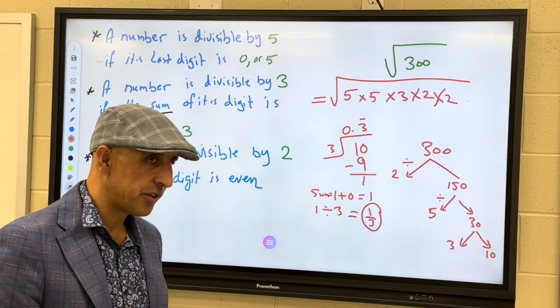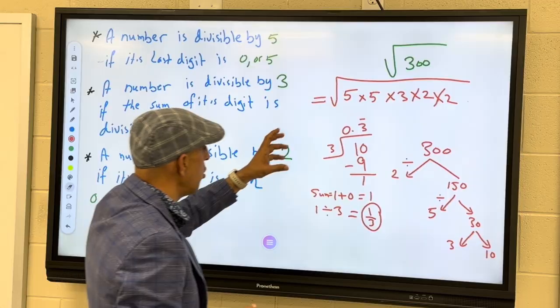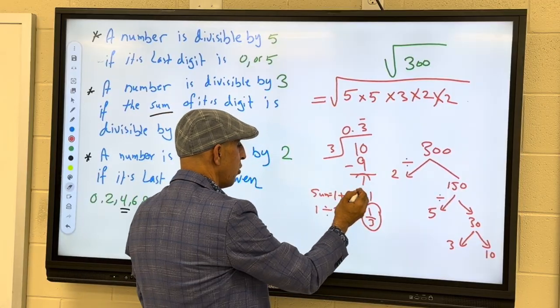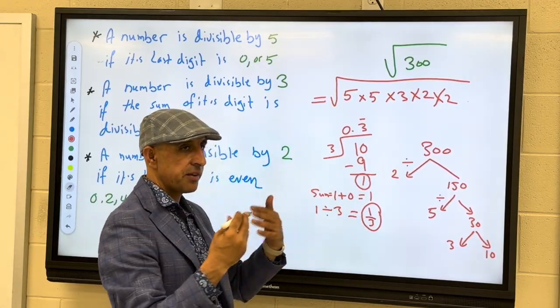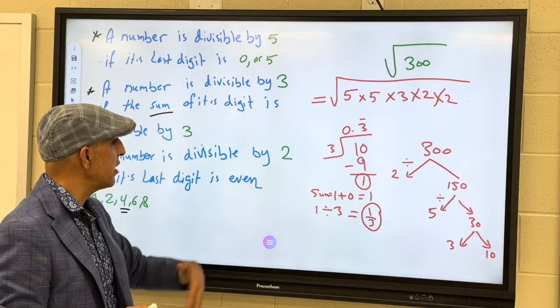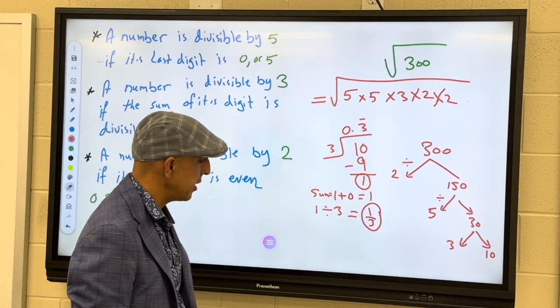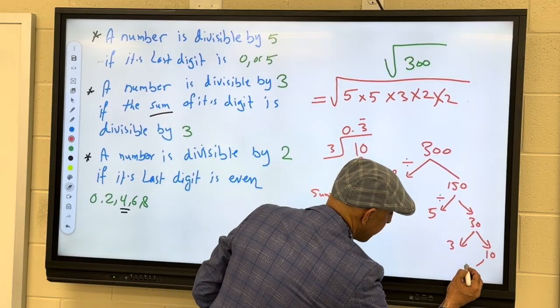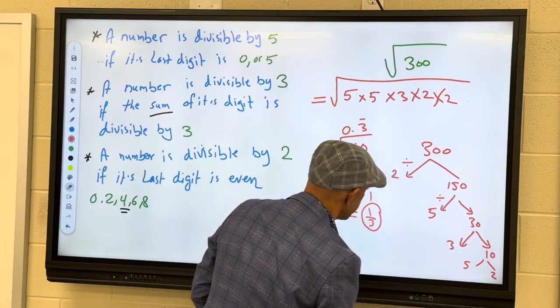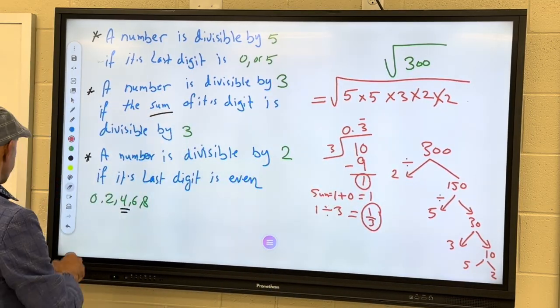If you take it down, you keep going with this, so you will end up with 0.3. So I don't have a whole number, and I still have a remainder, and the remainder will keep going and keep going. So I still have a remainder. So I cannot divide 10 by 3, but I can divide this by 5 and end up with 2, for example. Now,